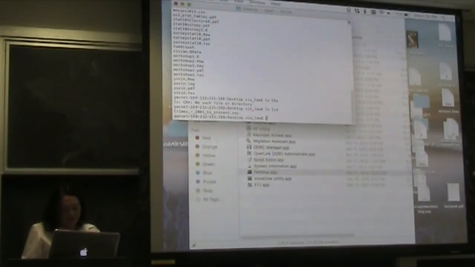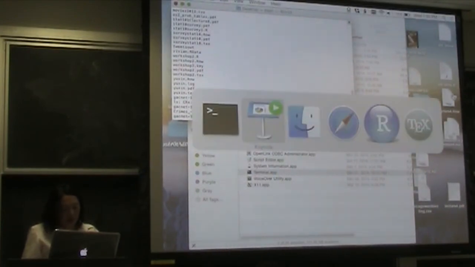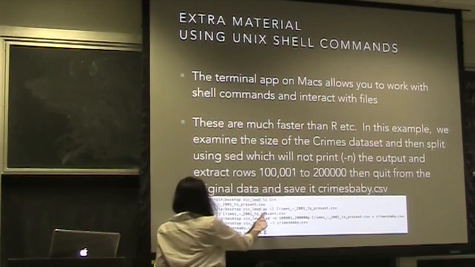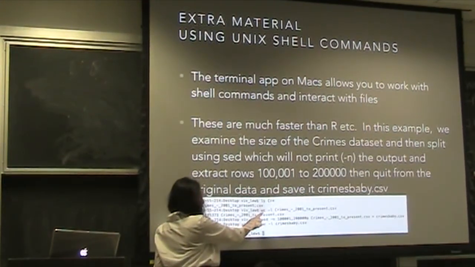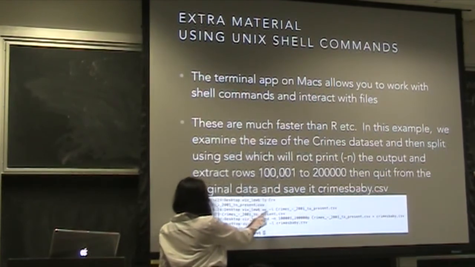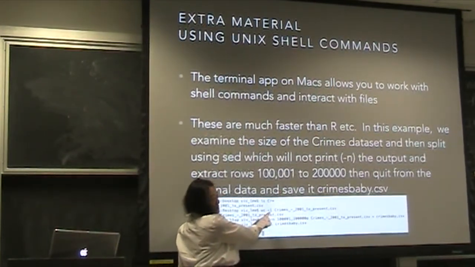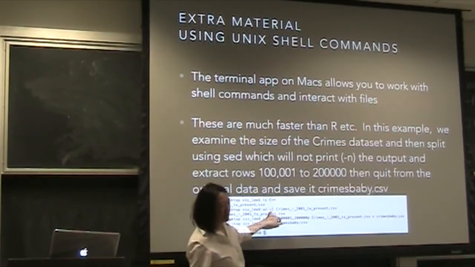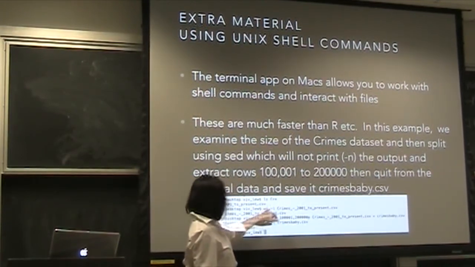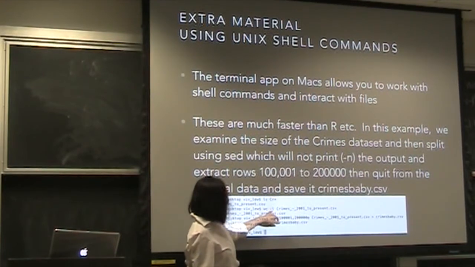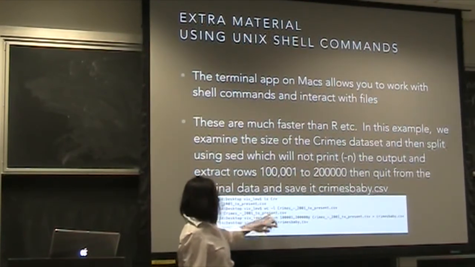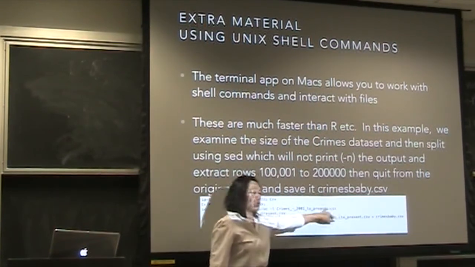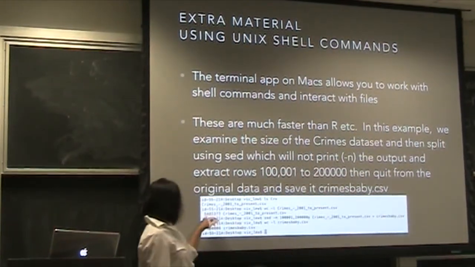Then here, this is the word count. It's just going to give me some estimate of size. wc -l says how many lines, so how big of a data set am I looking at? I'm not thinking of 5 million. 5 million is not that big nowadays. I'm thinking of like 500 million. It can sit on your disk, but you couldn't read it all into memory. So wc -l says, give me the lines of this file.